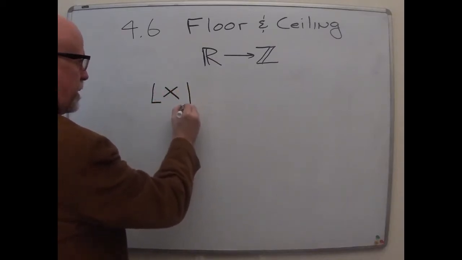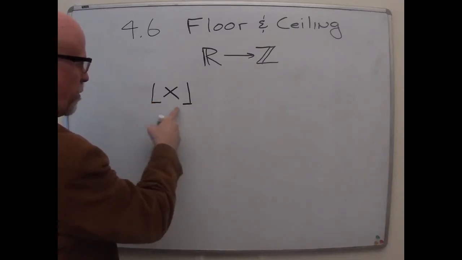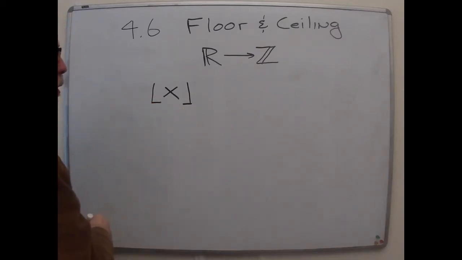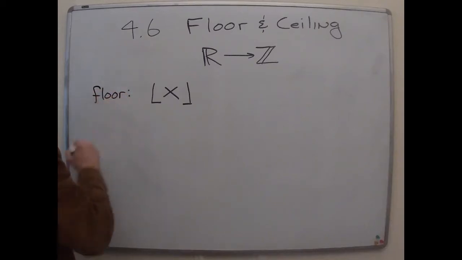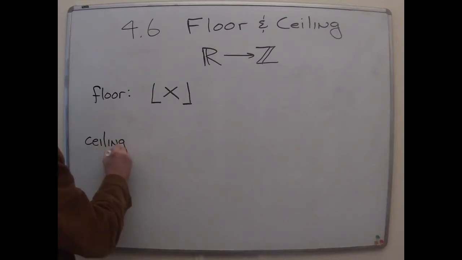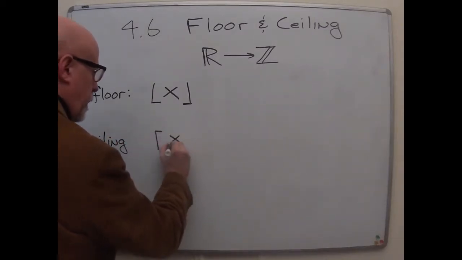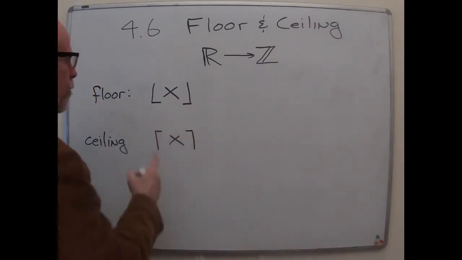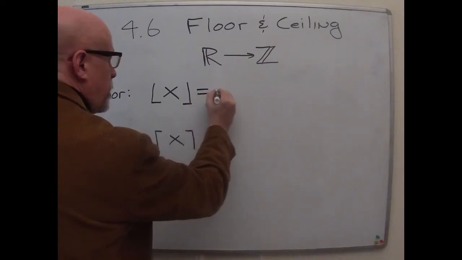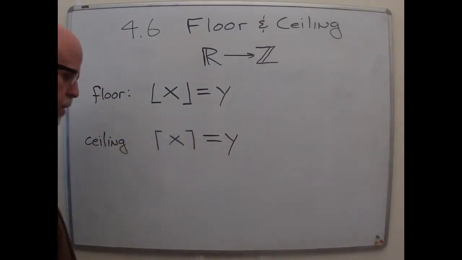You put almost absolute value bars, but with those little feet on it. That means the floor. And ceiling is similar, but with the little dashes, the extra things at the top. You have x like this. So floor of x would be equal to some integer y, or ceiling of x would be equal to some integer y,